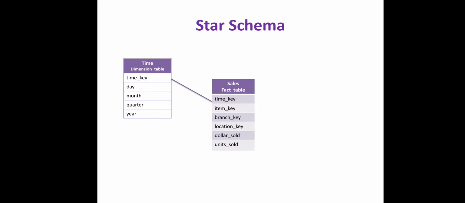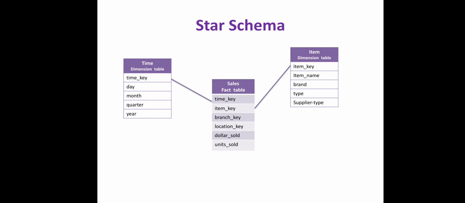With that, we can have the item key. Let us see the item. Item is shown as one of the dimensions, which is why I am mentioning a single dimension table for item also. It contains the item key, the same key which we have in our fact table; the same key should be here in the dimension table. The first key should be the same key. Then next is the name of that item, its brand, its type, and the supplier type of that item, etc. This is the information or attributes we can have for that particular item.